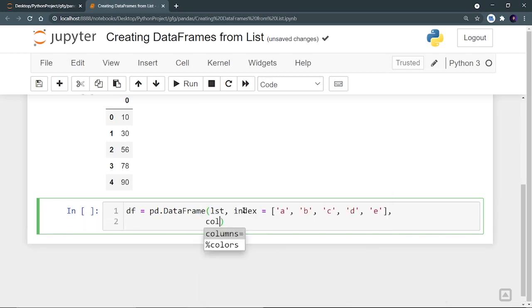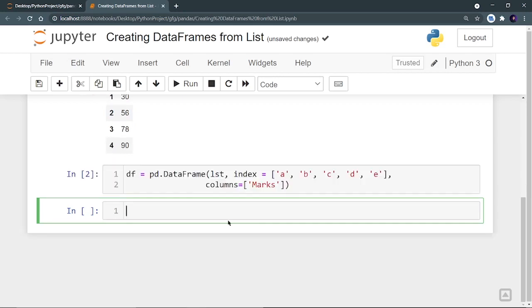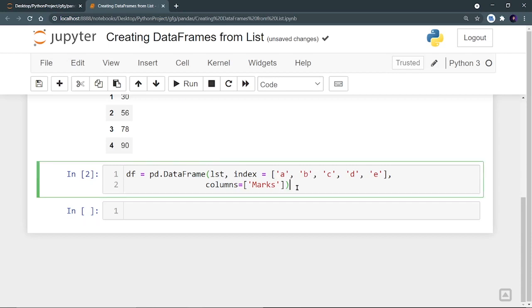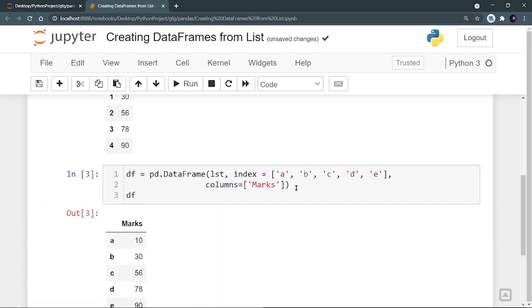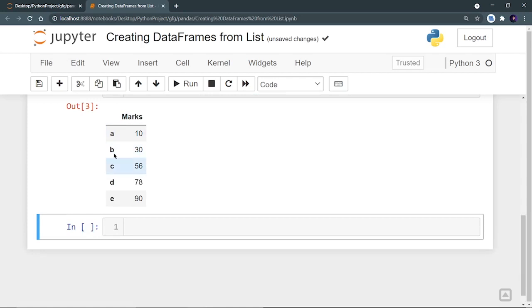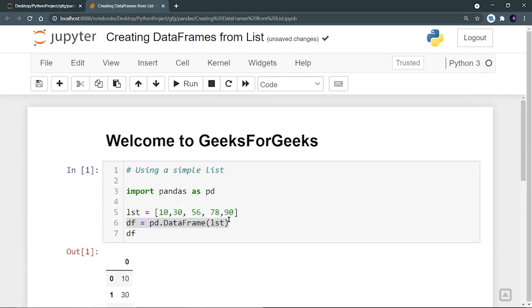So column, which is a parameter. I'm going to provide it a list and I can see that only one column is there. So I will name my column as marks. So let's run it. And we also have to print the data frame. So let's print it. And I can see that column name is changed and index are also changed. So this was how you can create a data frame using a simple list.